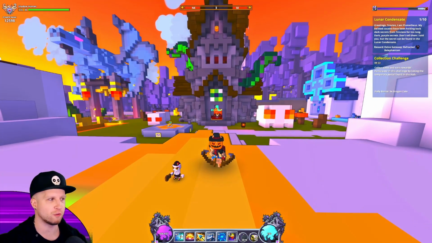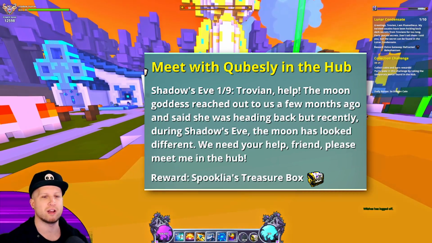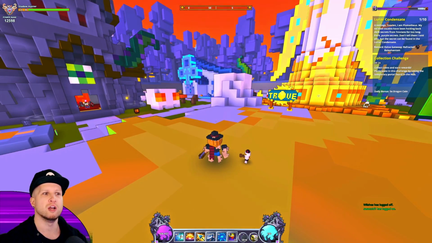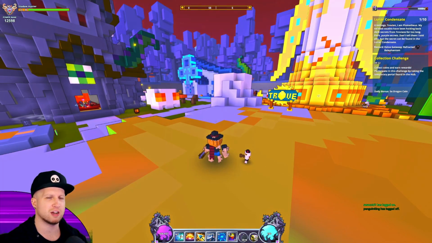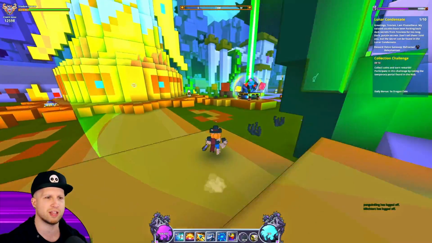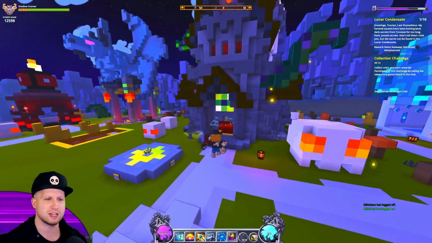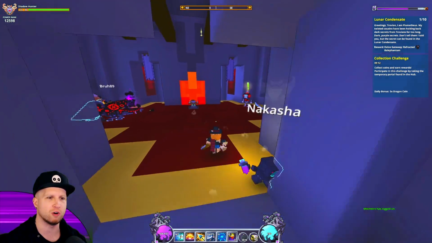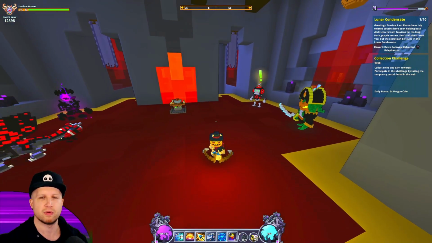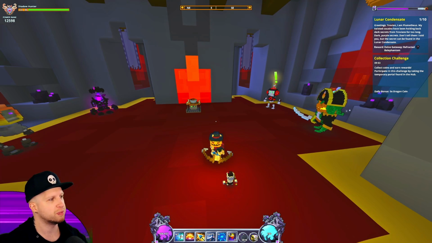So the event itself is going to have you meet Cubesley in the hub. This is an awesome way that they are trying to outright introduce you to this new event, which is probably going to cause issues for you console players, because there's another quest that you should get where you have to meet Cubesley over here, even though the event itself actually has you meet him over here, and he's usually just standing right there. Anyways, you literally just go over and press E on him, and you'll get some Spooklia's